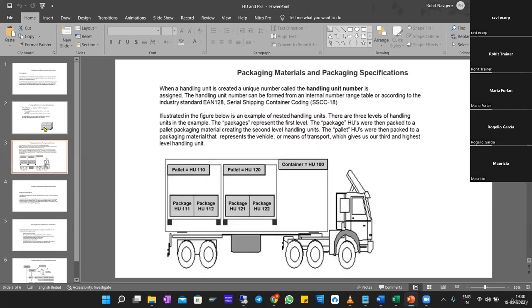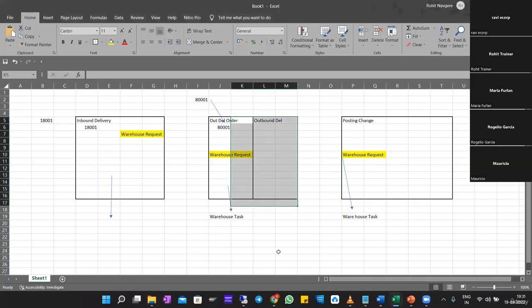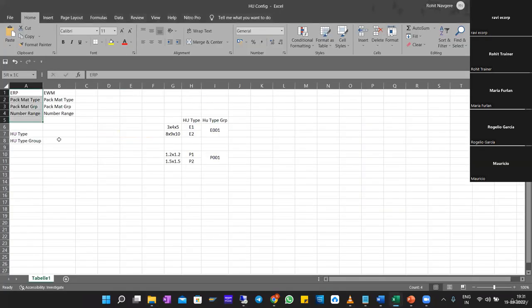So this is about the handling unit. So this handling unit, just to give you an overview of how we configure our handling units, let me open this Excel sheet. So while we try to configure the handling unit configuration,